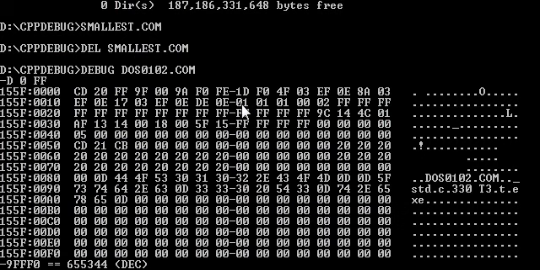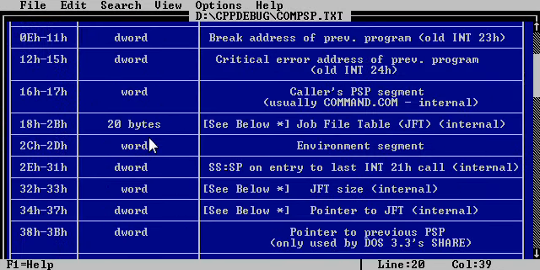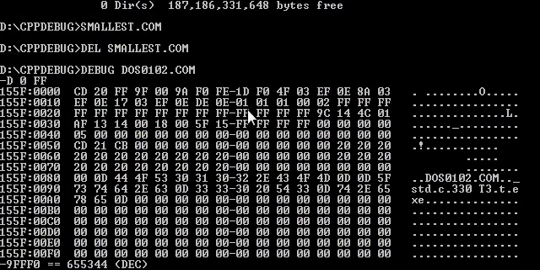So if this is 10, that's certainly 18. This is 28. Okay, can't be 2B. 18. 28. Yeah, 28, 29, 2A, 2B. So it stops here. And that's your